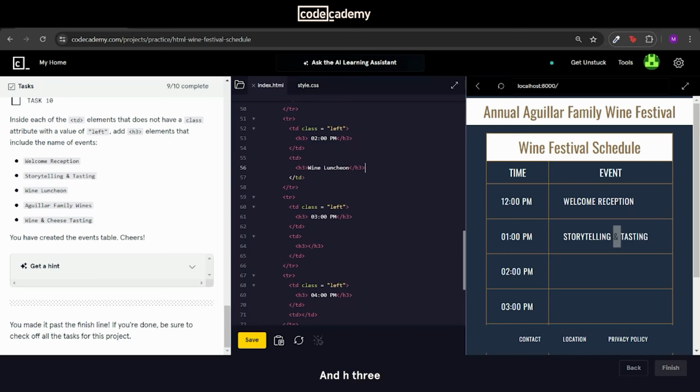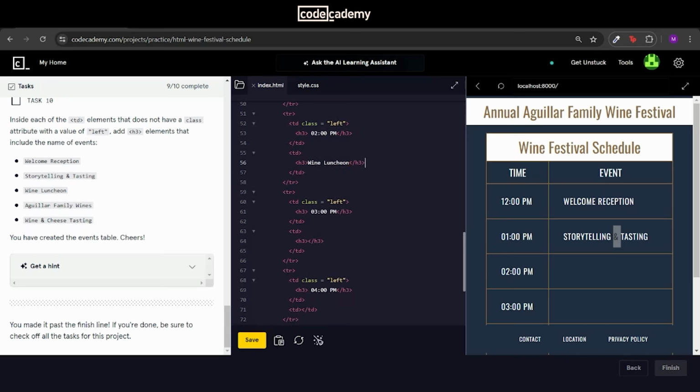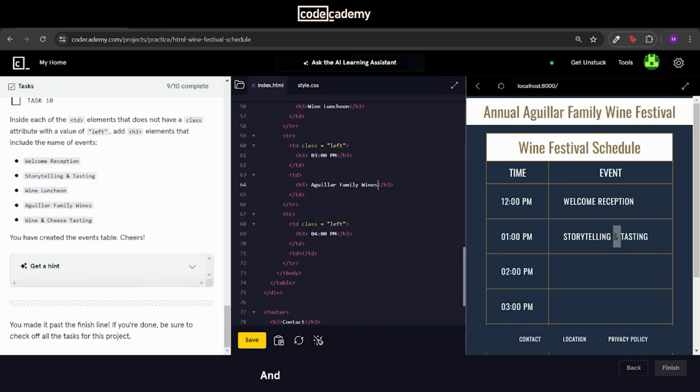And H3. Aguilar family wines. And one last data point that we are supposed to put is for wine and cheese tasting. So wine again and cheese